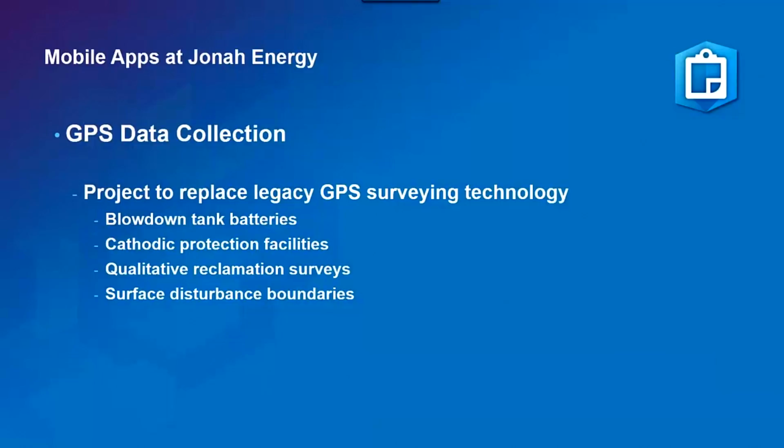Before I did that, I wanted to get a handle on how accurate the system was. So I took the system, and when I say system, I had a couple of different mobile devices to use. I'll show you in a minute. I had a Windows 10 tablet, and I had an iPad. So I took those out to a survey control monument in the field of a known location. I know the coordinates of that monument very accurately, and then I could use the devices with a Bluetooth GNSS GPS receiver, and I could measure how accurate the readings were.